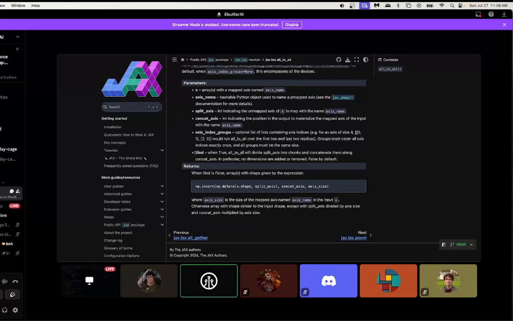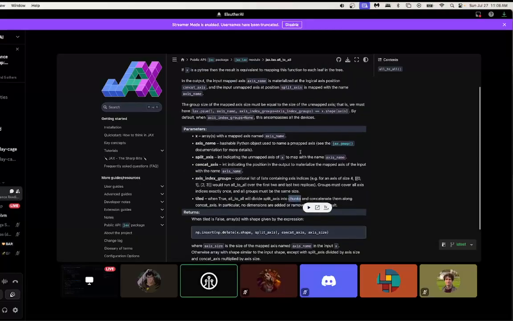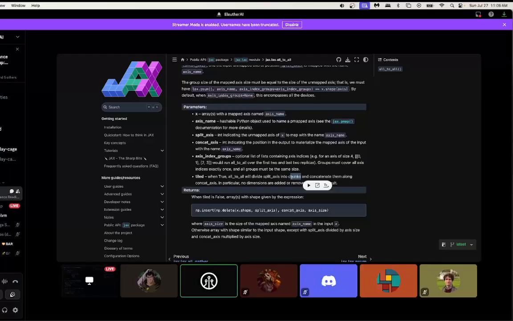Yeah, I was just confused about tiled, like dividing along the split axis and then concatenating along the concat axis. That sounds like the whole point of what the USP does: we're changing the sharding dimension, splitting along one dimension and then gathering along the other. So I guess